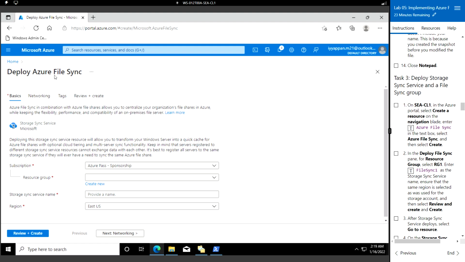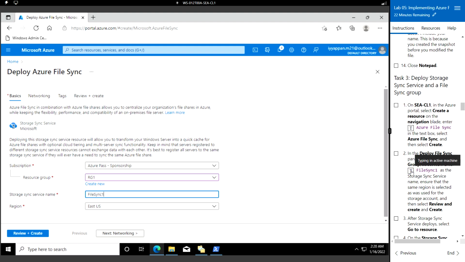Okay, deploy Azure file sync. So I'm going to use the existing resource group, which is RG1,